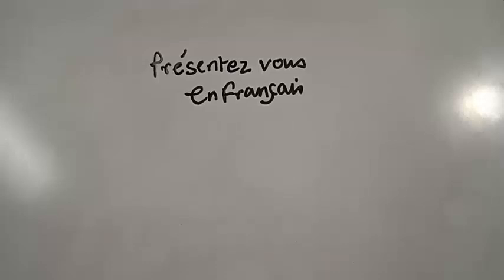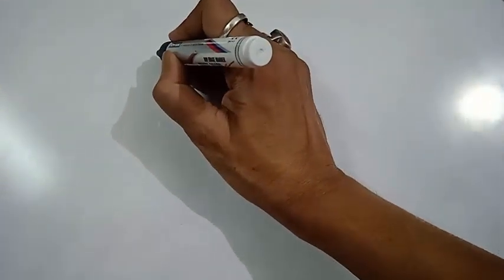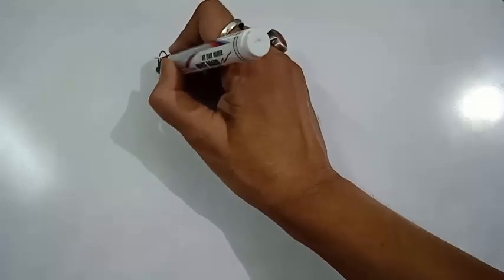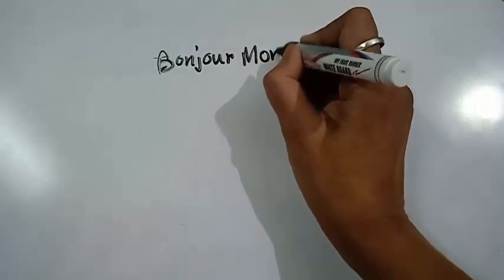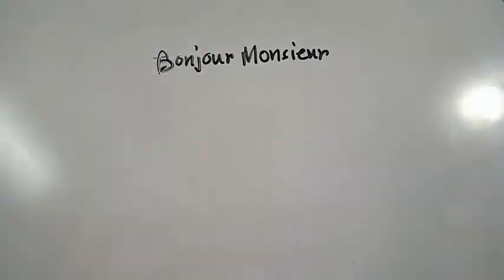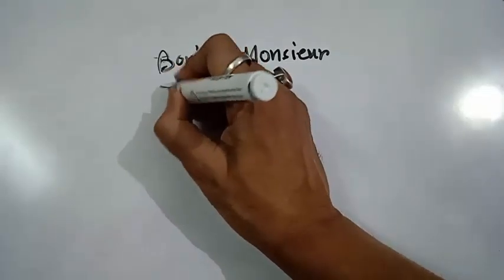Okay. Now start. Présentez-vous en français. Please introduce yourself in French. Now Manuel is an imaginary character I am assuming here. Manuel is introducing himself. Bonjour, monsieur. Bonjour, monsieur means good day, good morning, or hello, sir. Monsieur is sir. Okay. Bonjour, monsieur. In the next line, je m'appelle